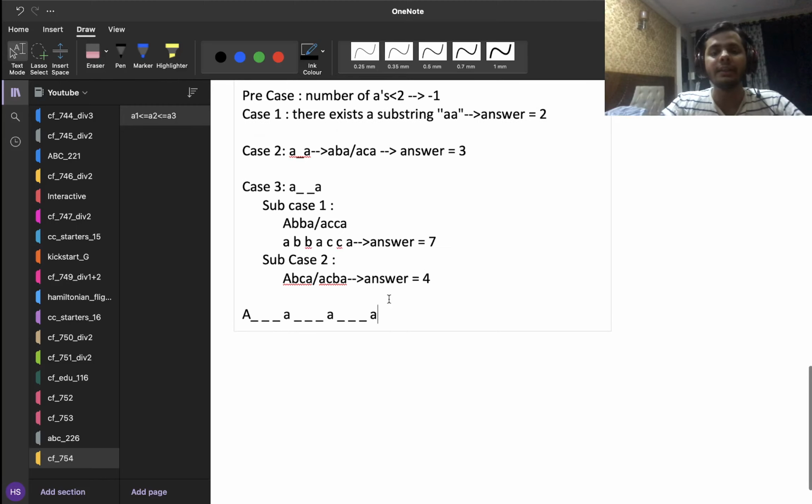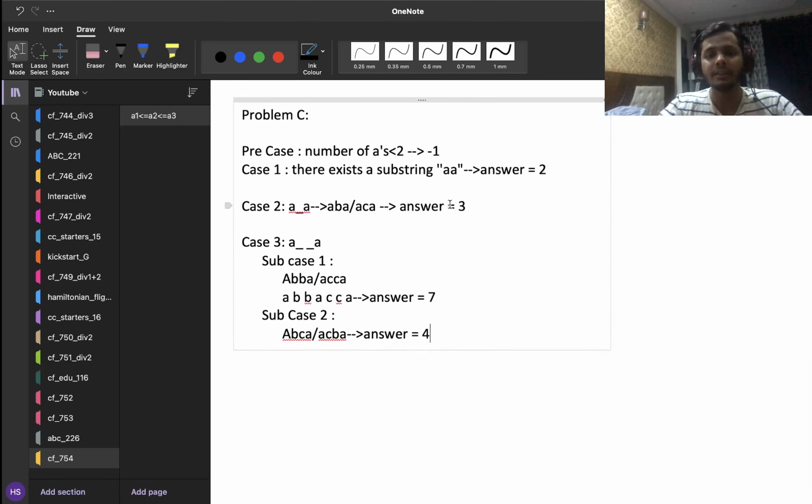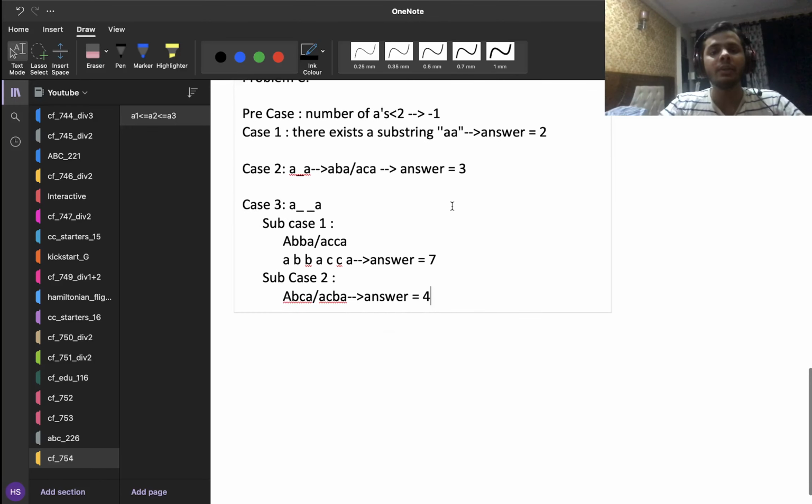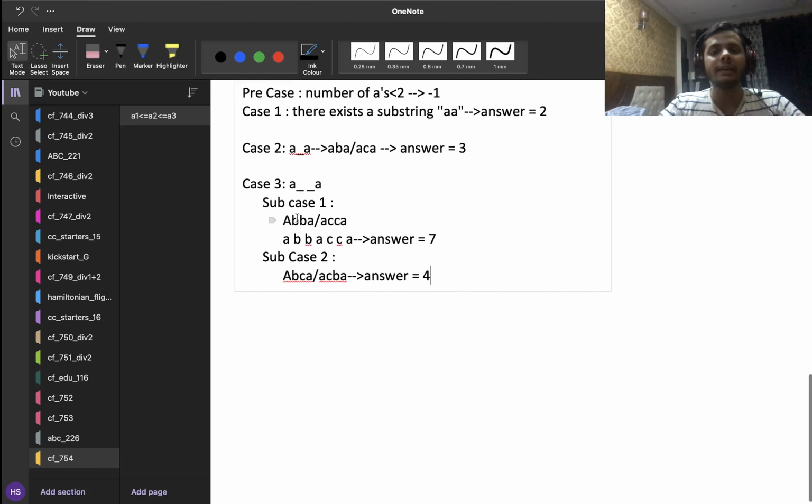So it is pretty clear that if all the occurrences of a are greater than or equal to 3 apart, then the answer would never exist. So I have to assume that all the occurrences of a have to be less than or equal to 2 apart, and this justifies that I have considered all the possible cases where an answer can exist. And one thing that I note here is that the length of a good substring is never exceeding 7, right?